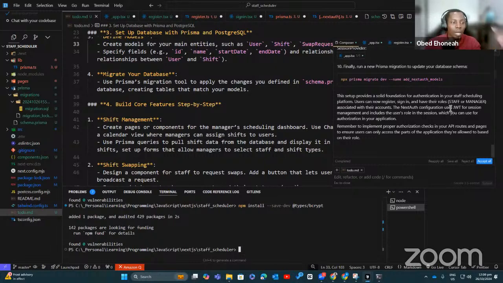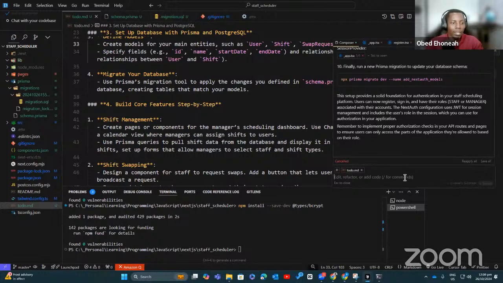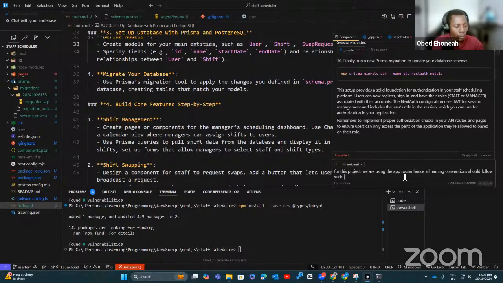So what I'm going to do now is to reject all of what it has done and say, for this project, we are using the app router. Hence, all naming conventions should follow such. Now, let's start with building the authentication system.